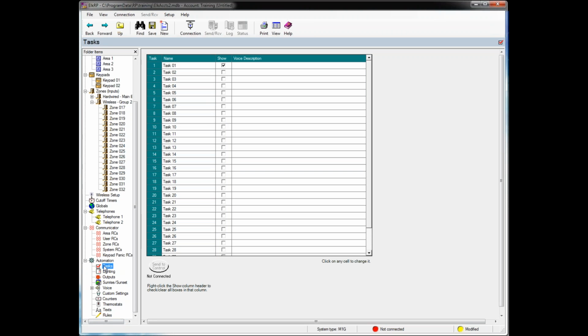Now our first menu here basically names a task. We have 32 available tasks, and they can be called macros or events. This simply just gives a name to it, and later we'll create a rule that will tell the task what to do. So for task number 1, I may just simply want to call it